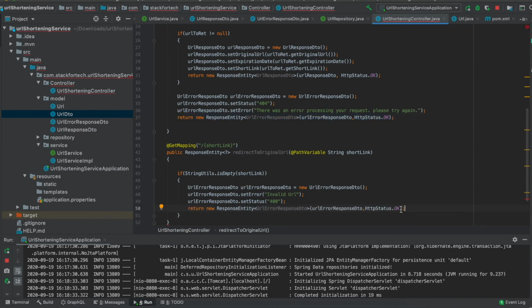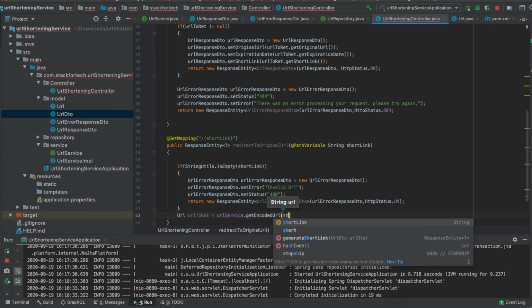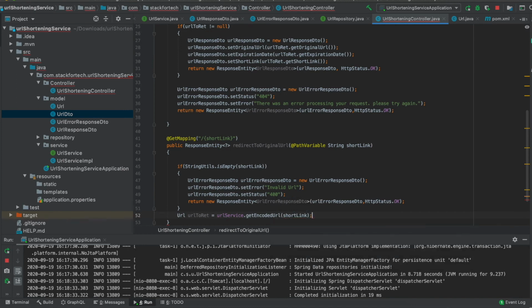Right, so this will serve the purpose. The next thing which we want to check is we want to get the hashed URL from the database, right? So URL to return equals URL service dot get encoded URL, and the URL will be our short link, right?